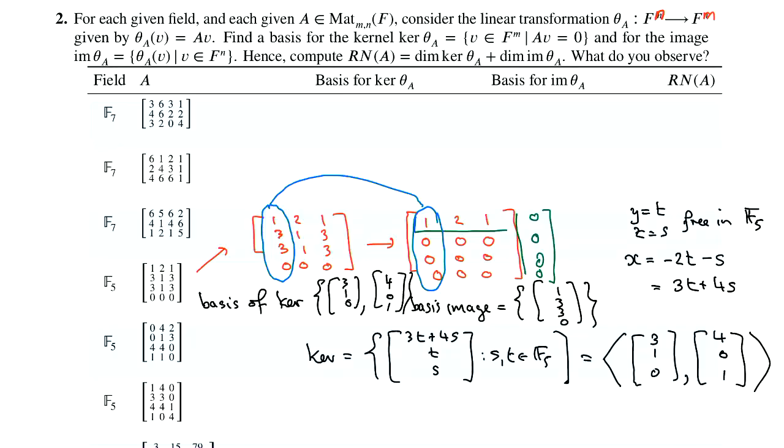And so the rest are all the same, so just harder calculations in F7 or whatever. So reduce this down to row echelon form. Identify the columns that have the leading entries, leading ones. The corresponding columns over here form a basis for the image. And the same working then by just doing the free variable calculation like that gives you a basis for the kernel. Okay, so do all of those. Make sure you know how to do that in your sleep. Oh, sorry, and this last one,